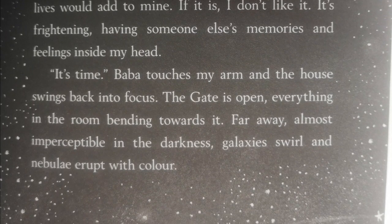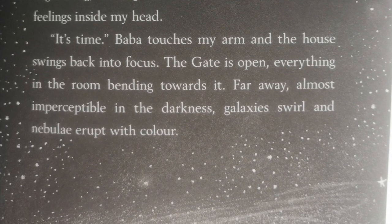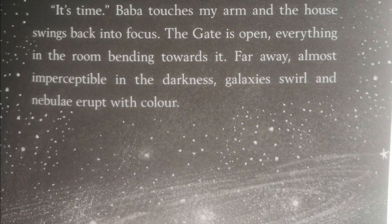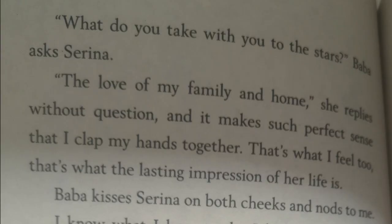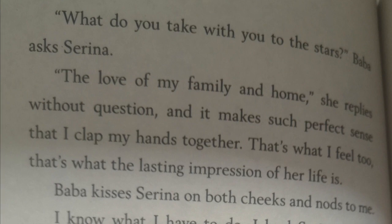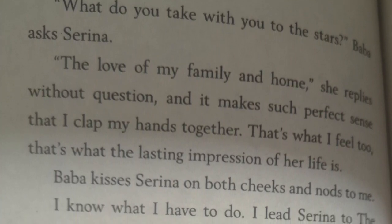It's time. Baba touches my arm and the house swings back into focus. The gate is open, everything in the room bending towards it. Far away, almost imperceptible in the darkness, galaxies swirl and nebulae erupt with colour. What do you take with you to the stars? Baba asks Serena. The love of my family and home, she replies without question, and it makes such perfect sense